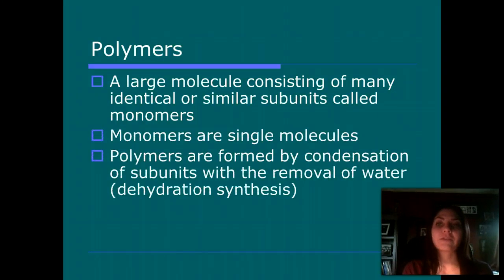Polymers are large molecules consisting of many identical or similar subunits called monomers. So mono means one. Poly means many. Monomers, like I just got through saying, are single molecules. Polymers are formed by condensation of subunits with the removal of water, and this is called dehydration synthesis. So depending on the test that you're taking, they might use the word dehydration synthesis, meaning we are going to take water out of something. We're going to dehydrate it. When we take water out,